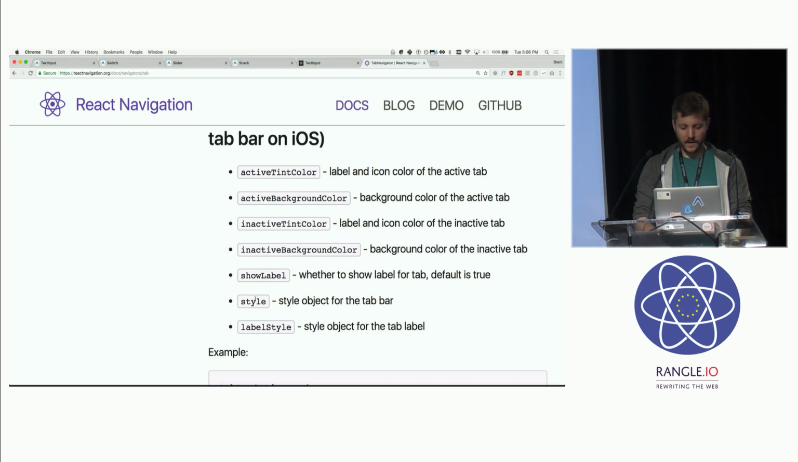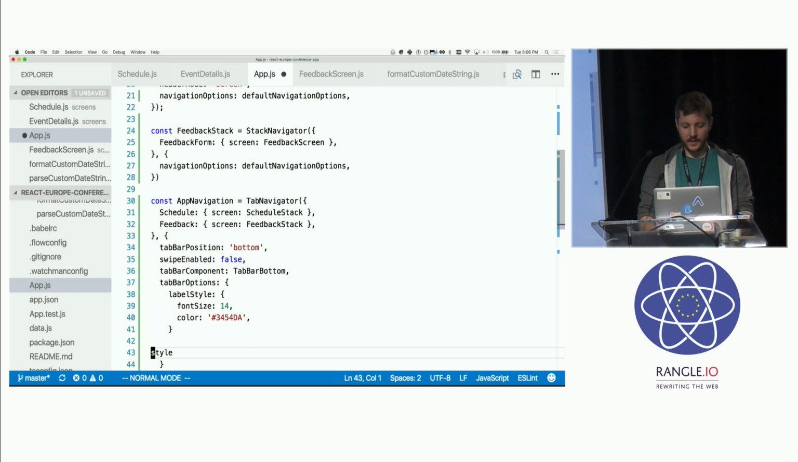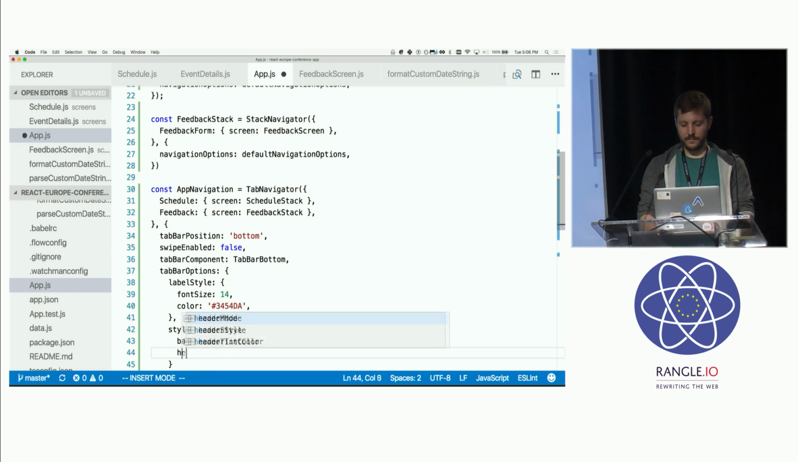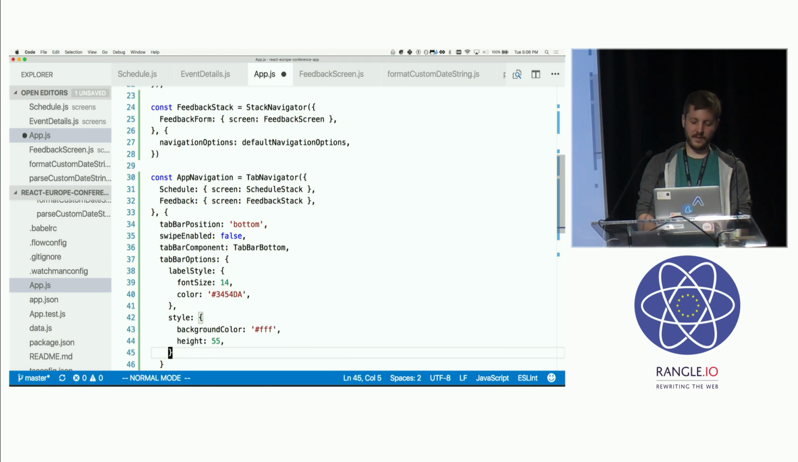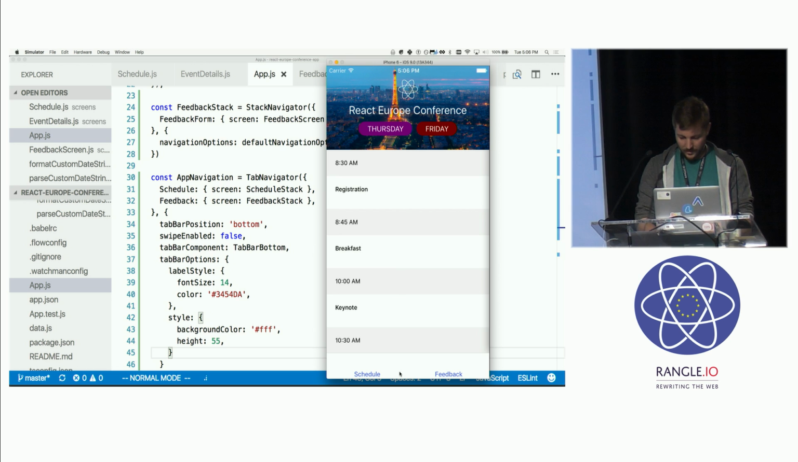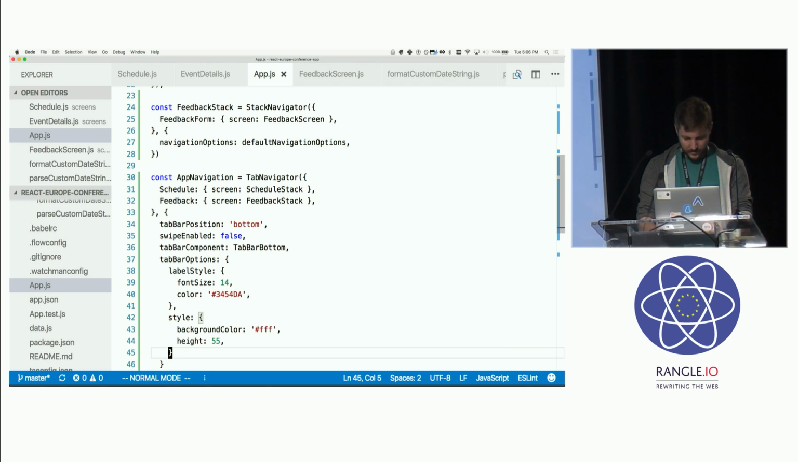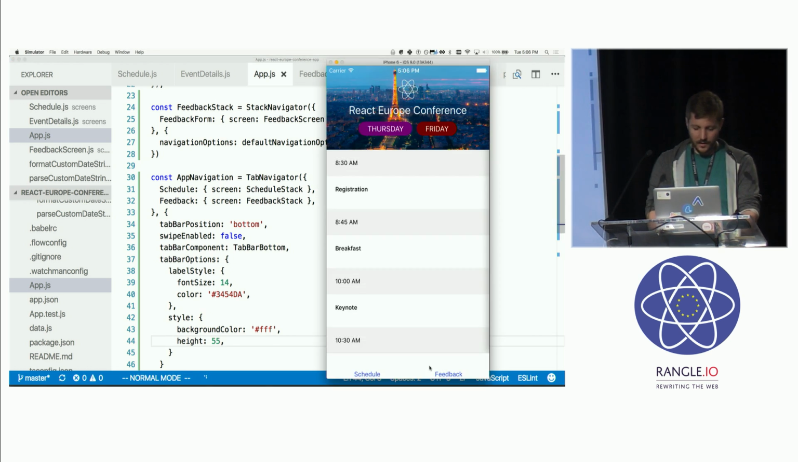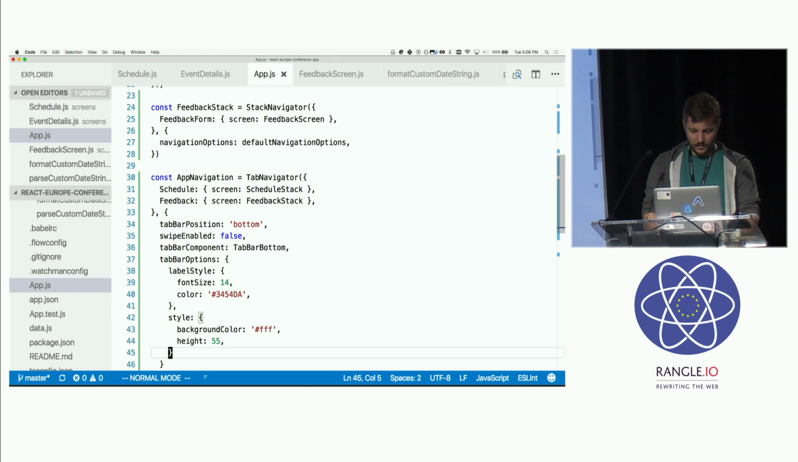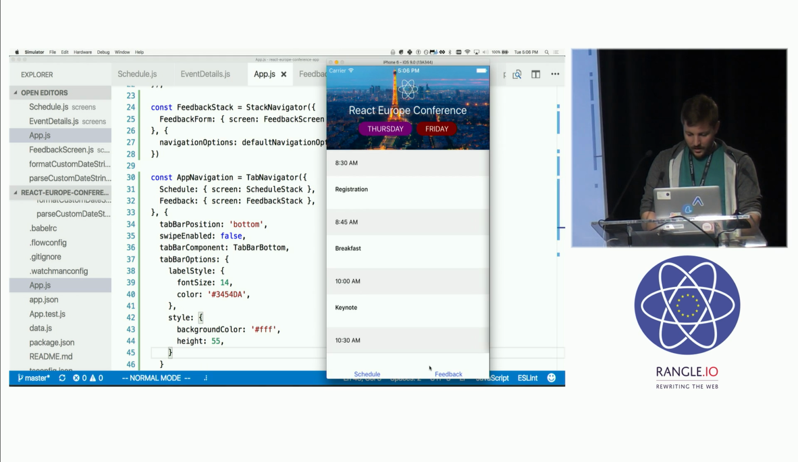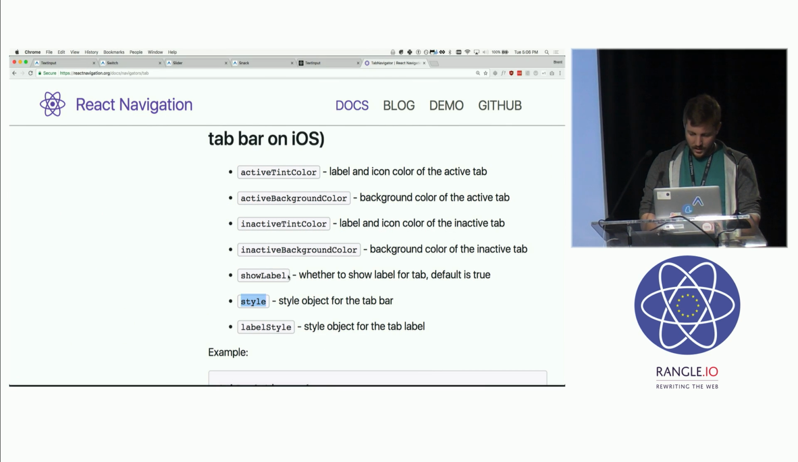Show label, yep. I want to even set the style for the tab bar itself. It has a white background in the mockup, so let's say background color FF. And it's also kind of small. I kind of want to make it bigger, so 55 or something like that. Looks better. Maybe a little bit, yeah, whatever, that's fine. So, actually, that's interesting. Yeah. Let's change the